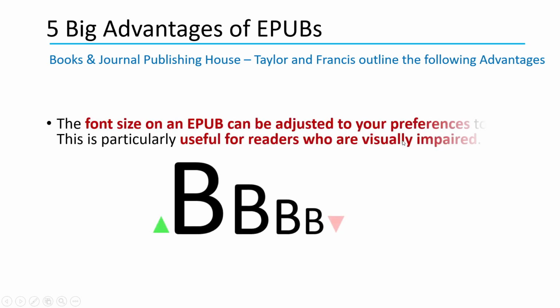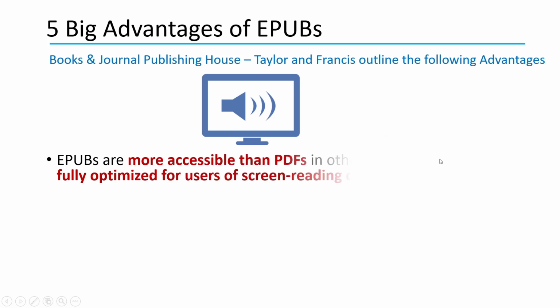The second advantage is that you can actually change the size of the font. You don't need to pinch and zoom. The ePUB reader will provide you options to change the size of the font, which can be very useful for a lot of people, particularly those who are visually challenged. Furthermore, the ePUB format is much more accessible for visually impaired people because it is fully optimized for screen reading